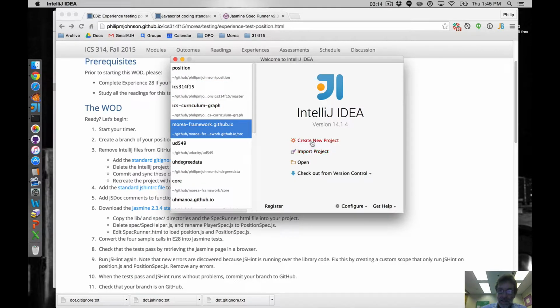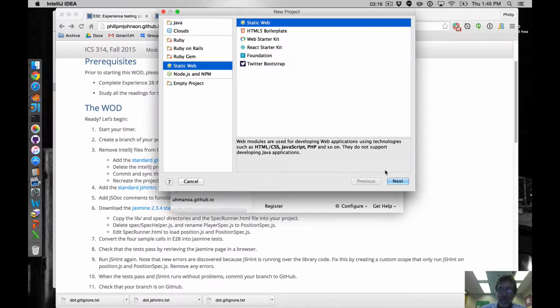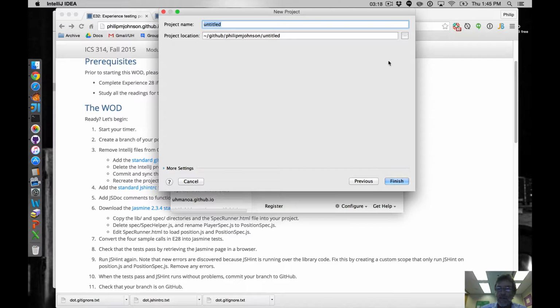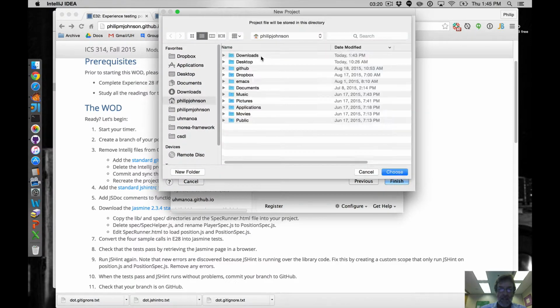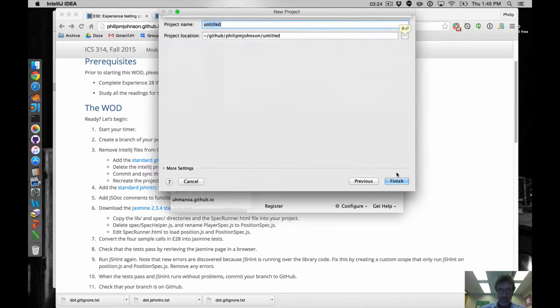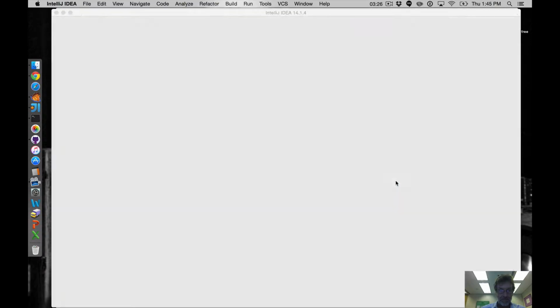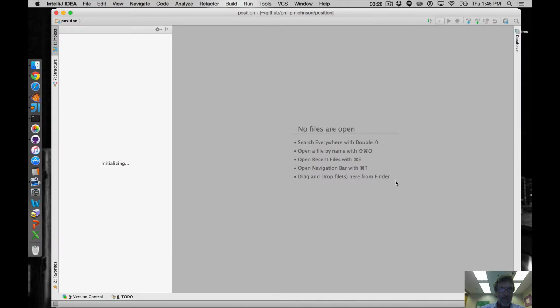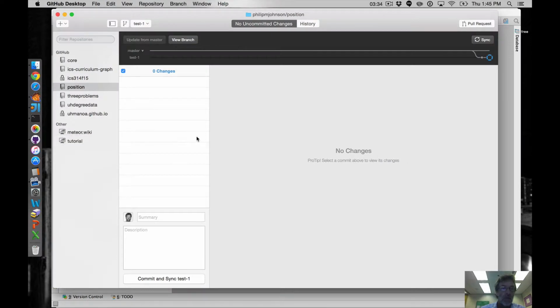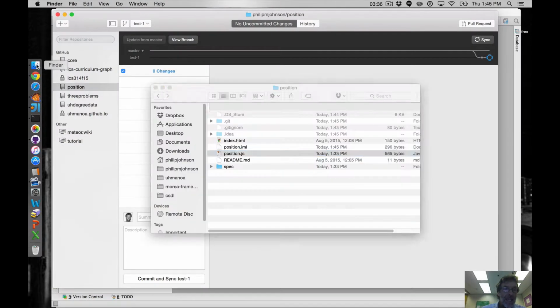So we'll say create new project, static web, go find position, which is right here, choose, finish, and voila. Okay, so now the good news is, if we look in GitHub,